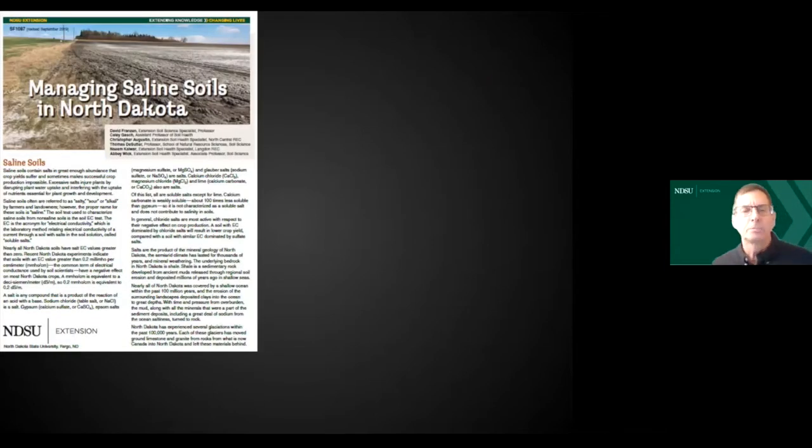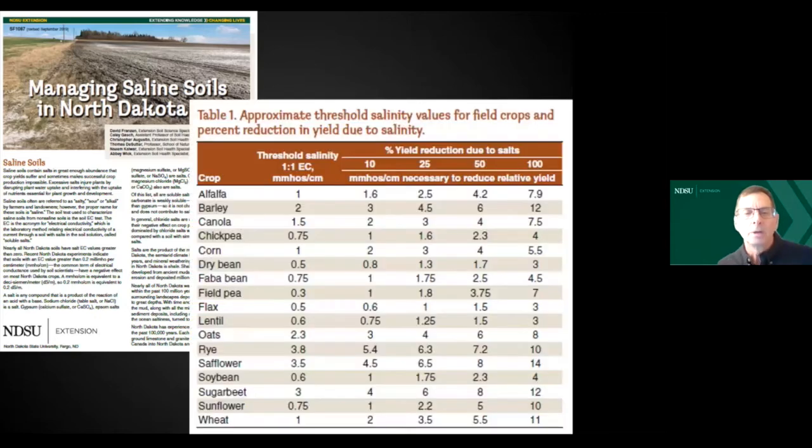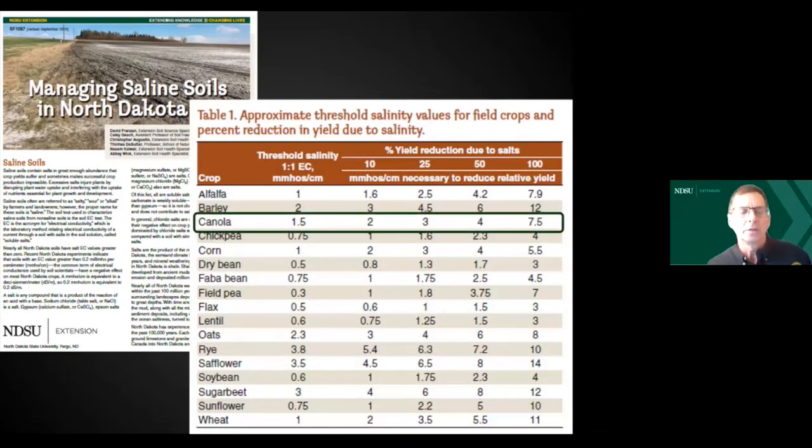This is a very nice publication that was recently revised. And so I'd encourage you to take a look at that for whatever crops you have in your rotations on your farms. But looking specifically at canola, note that in the table, there is a threshold, and it's based on electrical conductivity. So for canola, the threshold is 1.5. So in the neighborhood of that measurement is where we'd expect the